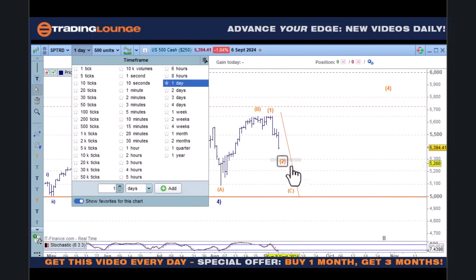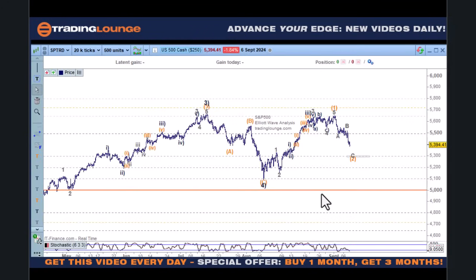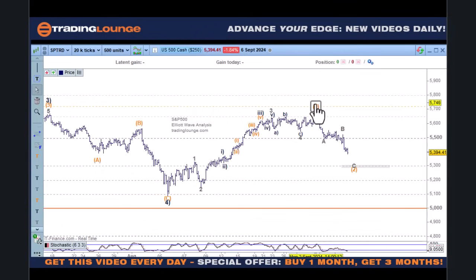Okay, so this particular move through here, we're just going to go into the intraday and break that down a little bit. Basically, wave one up here we've been looking for, and we're looking for a move back into this space here. Now this could be put here like this. That would be logical at this point. We could also put it like this. I get that you could probably squeeze it in and go 1, 2, 3, 4, 5 and finish off. So there's a couple of ways to play that out.